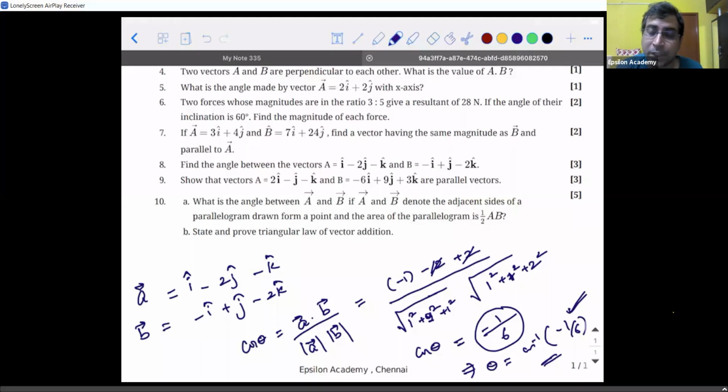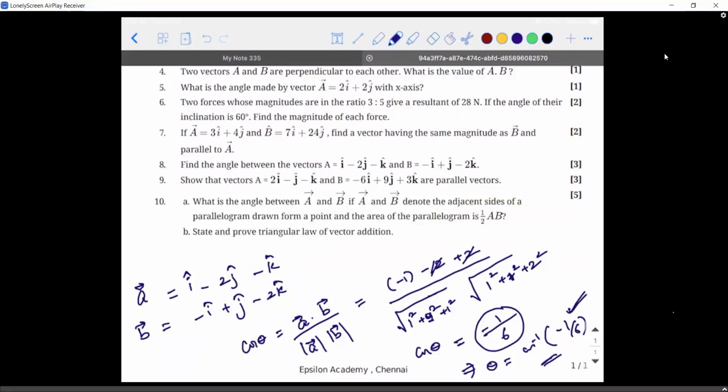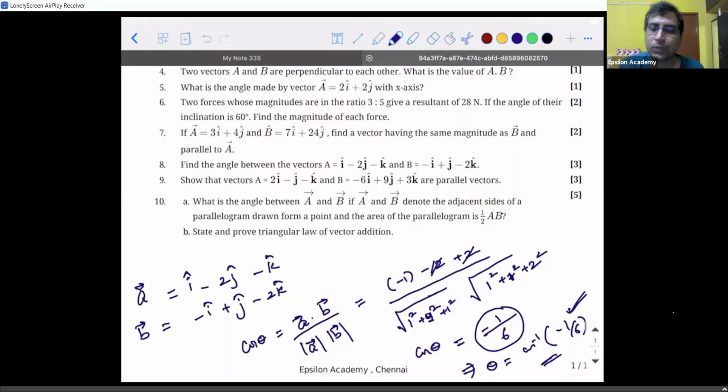At that point, you learn something called radians. If you have heard about it, well and good. If not, I'll teach you, don't worry. You will be learning it in units and measurements also. There are two ways to measure an angle: one is in terms of degrees and the other is in terms of radians. Mostly whenever you try to find the cos inverse or tan inverse of something, you will write the answer in terms of radians. Okay, so that's all. Anything else, guys?